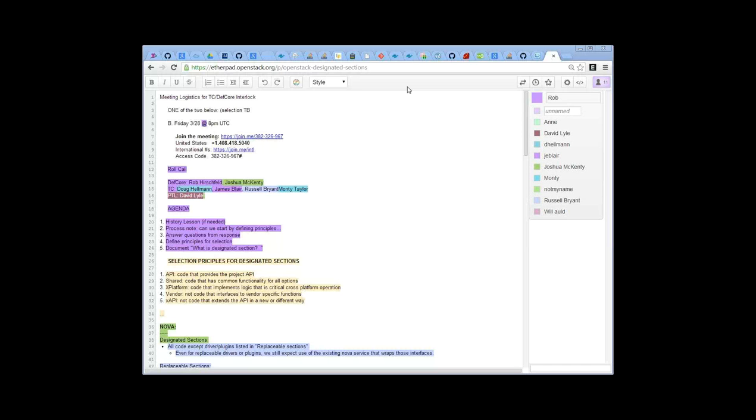And then Josh and I had talked briefly yesterday about an agenda, but I wanted to review the agenda before we started. And then we can sort of go through. And if there are other items you want to put in here, please bring it up. Does that sound reasonable? Any objections?